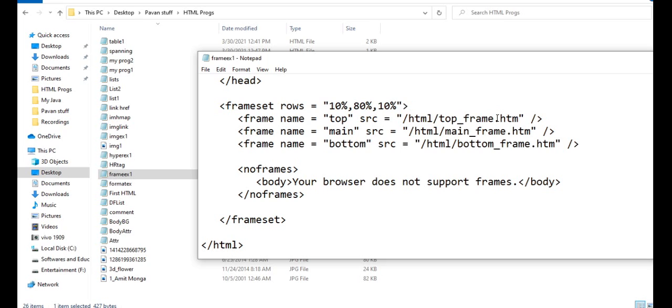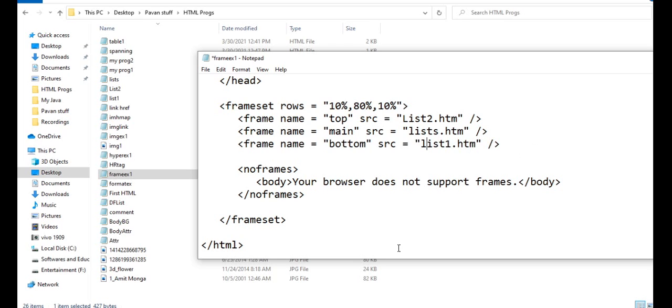So here I'll write list2.html, and in this place I'll go with lists, and here I'll write list1.